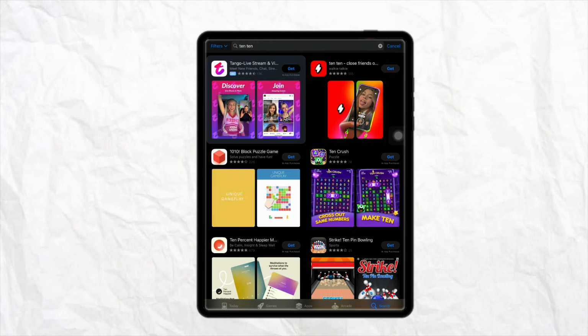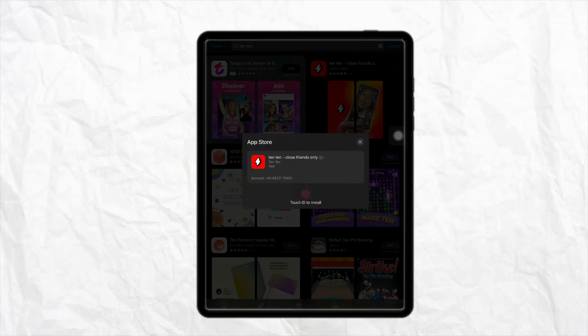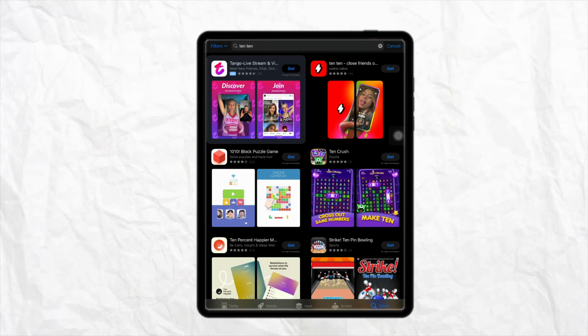And as soon as you search for it, you will be able to see a 1010 application right there. Just simply click on get on this red application, and after that you need to verify your Apple ID in order to install this particular application on your iOS device. Just simply go ahead and verify your Apple ID, and after that this application will be installed on your device quite easily. So this is how simple it is to install 1010 app on your iPhone or any other